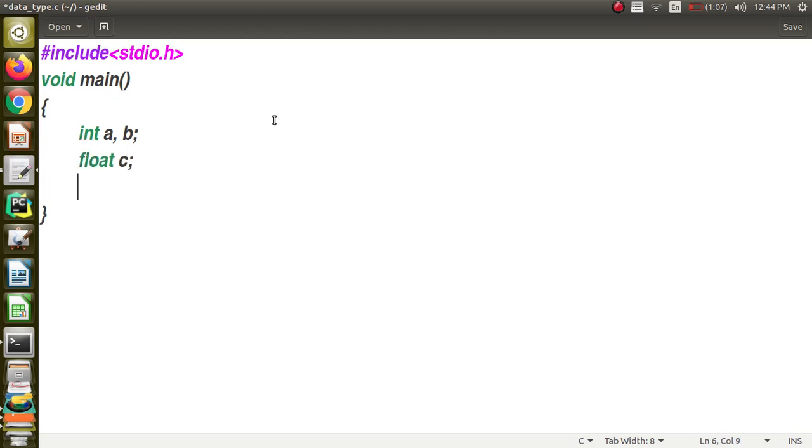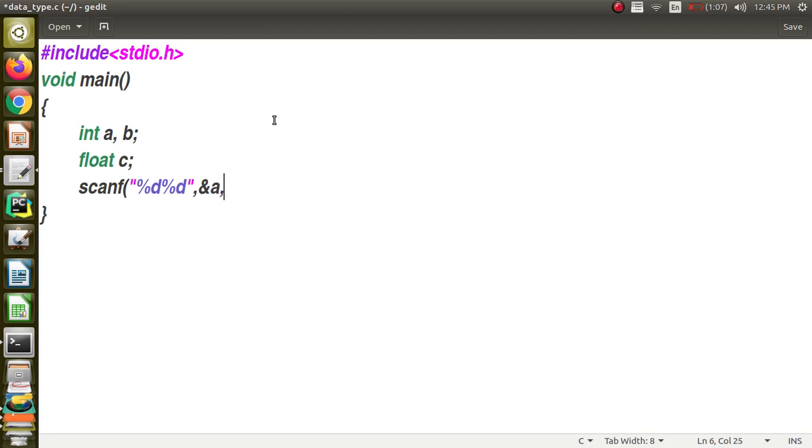Okay, let this be the case, and I am going to read the value of a and b from the user. To read the values of a and b from the user, I have to give the appropriate format string, %d %d, because both are going to be integers.